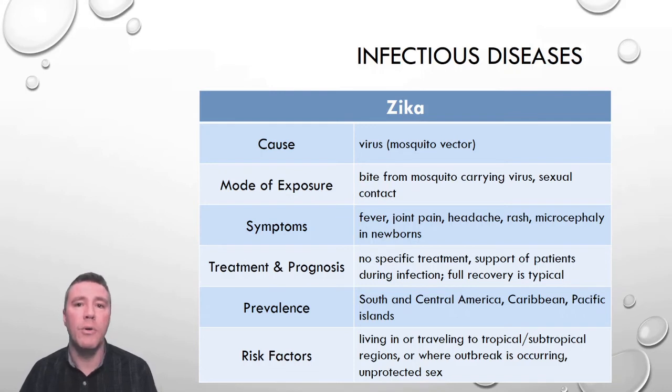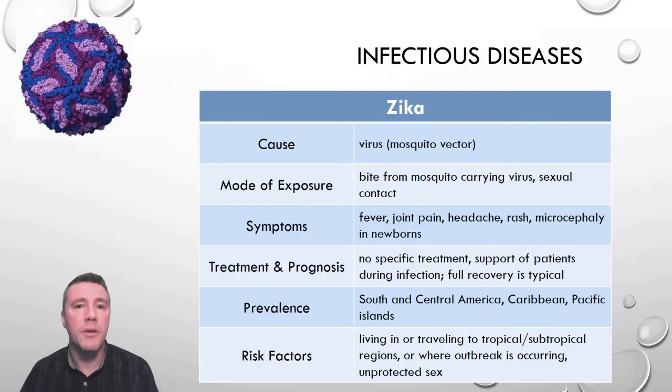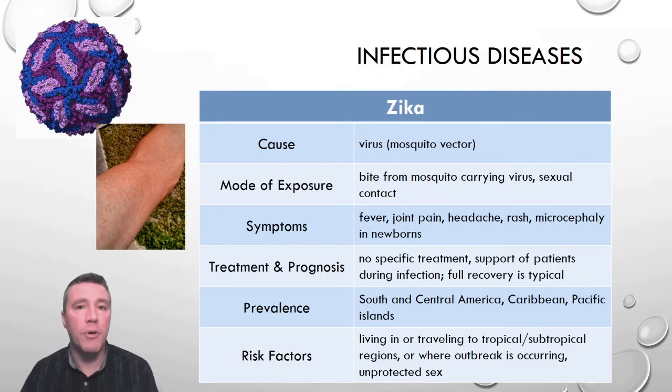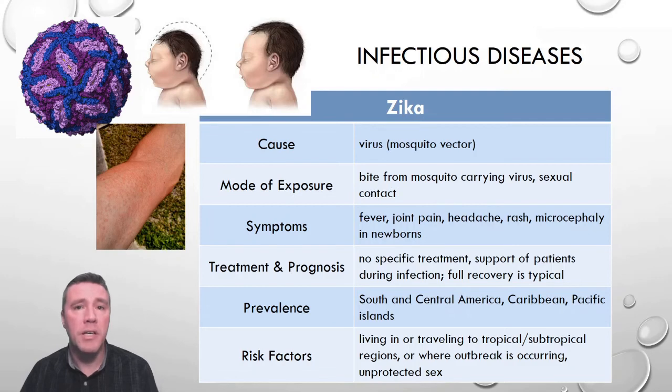Zika fever, or simply Zika, is caused by the Zika virus. Mainly spread through mosquito bites, it can also be sexually transmitted and by blood transfusions. Symptoms of infection include headache, fever, and rash. Pregnant infected women can also spread the virus to their fetus. The most noticeable complication arising from this is microcephaly, having a smaller than normal skull.